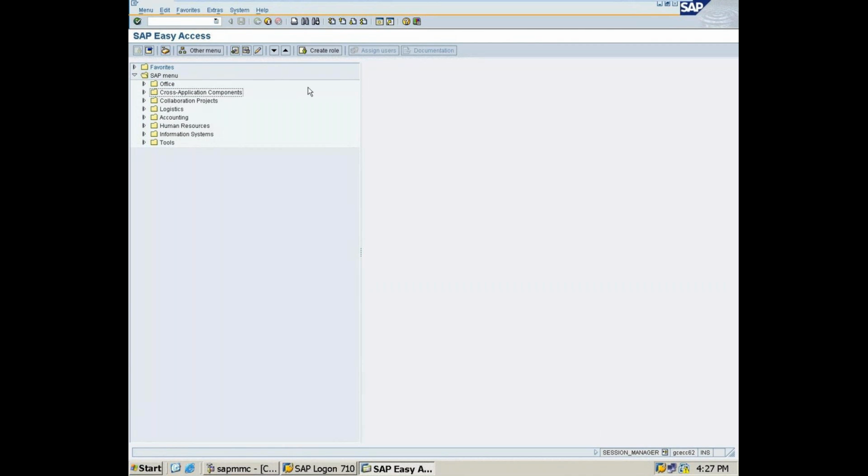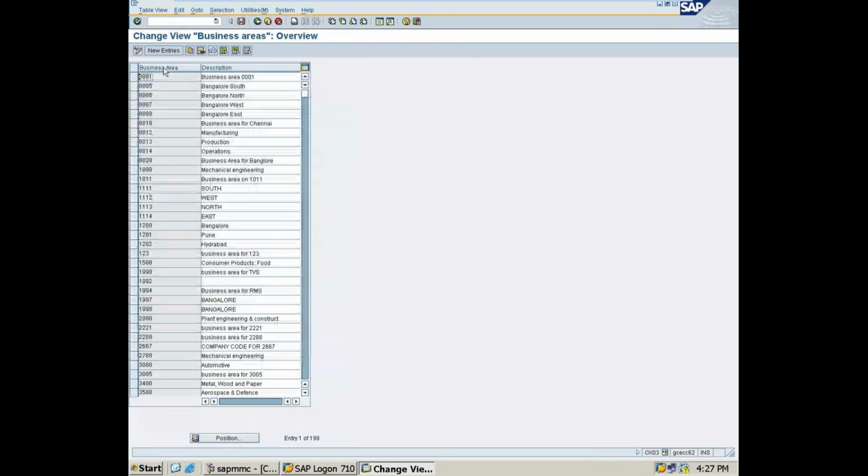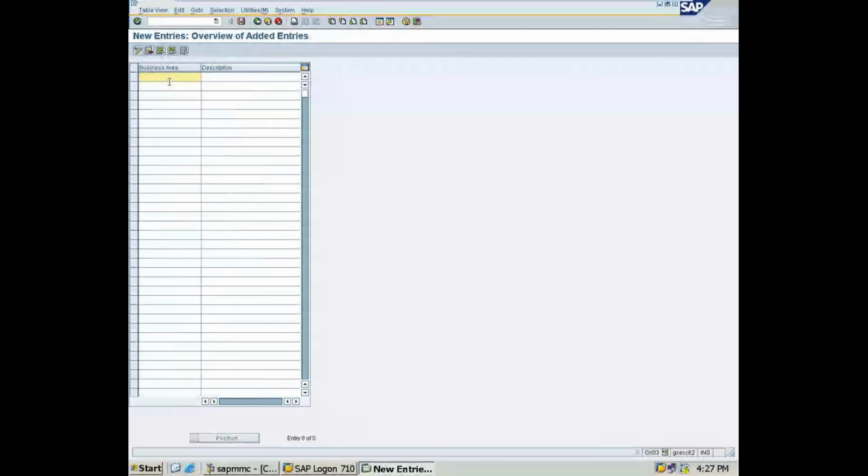Then come back. So next is define business area or functional area. The business area T code is OX03. New entries. For the business area, I'll just give my company code.